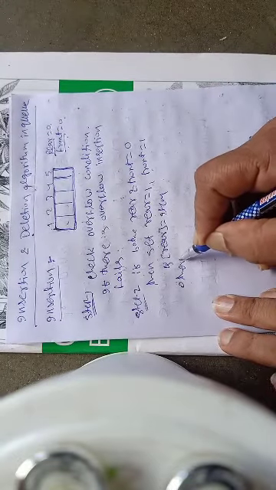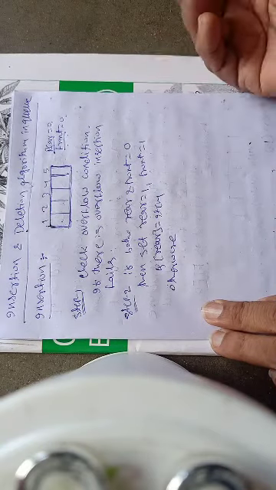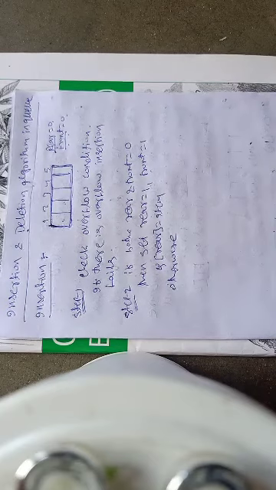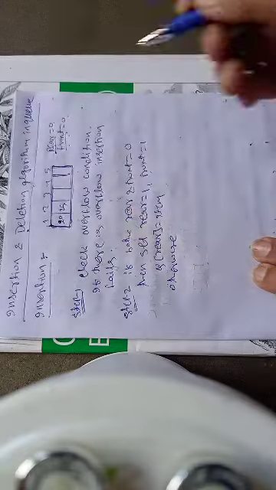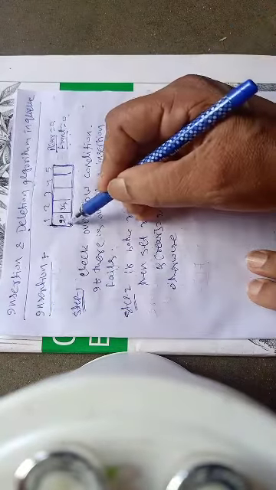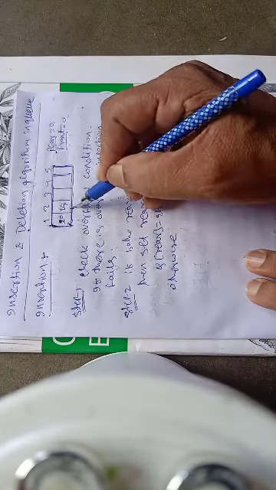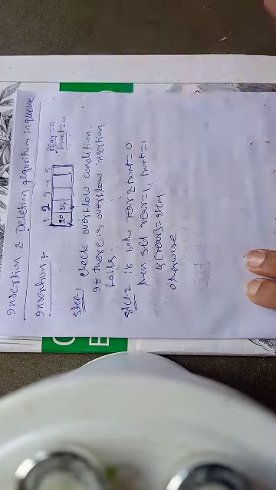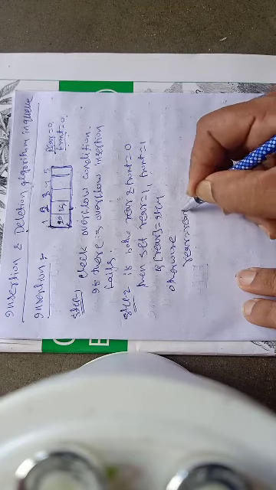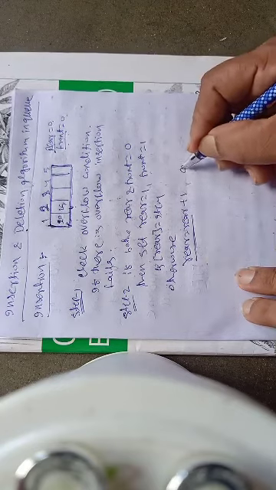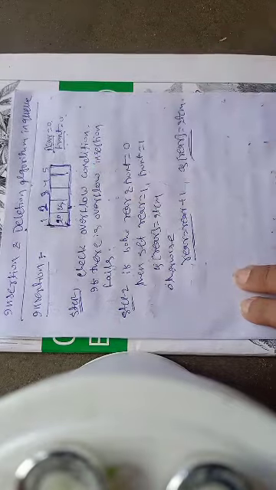Otherwise, rear and front are not both 0. When both are not 0, definitely front will not change, only the rear value will change. Suppose there are already some items here, let's say 20, 25. This one is front, this one is rear. Now if I want to insert, only rear will be incremented by 1. The value of rear is right now 2, rear pointing to 2. After insertion, rear will point to 3. So otherwise simply rear equals rear plus 1, and then queue of rear should be set as item. So these are the simple tricks.